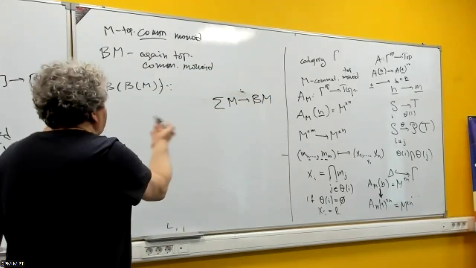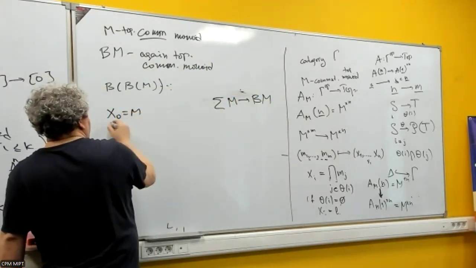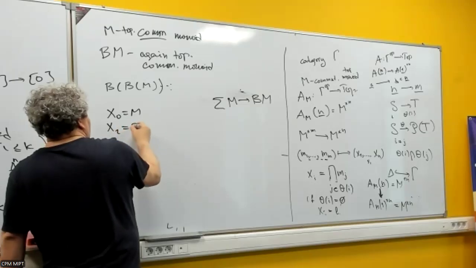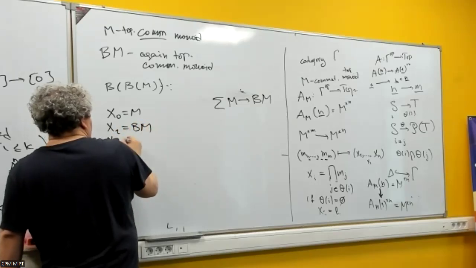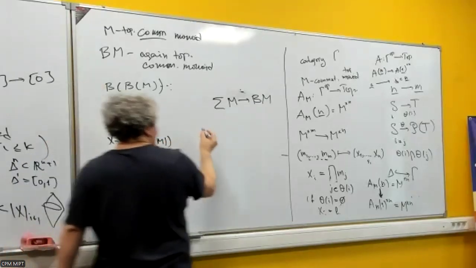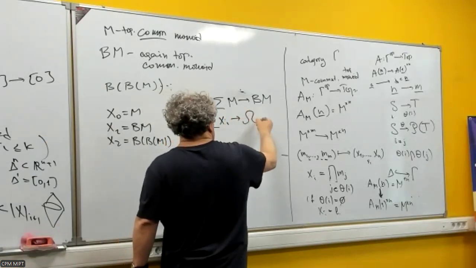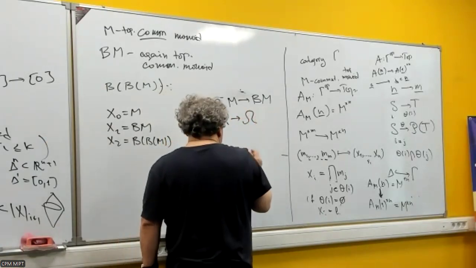And this gives me actually a spectrum. So then I have X0 equal to M, X1 equal to BM, X2 equal to B of M, and so on. And the spectrum map, so then sigma of Xi to